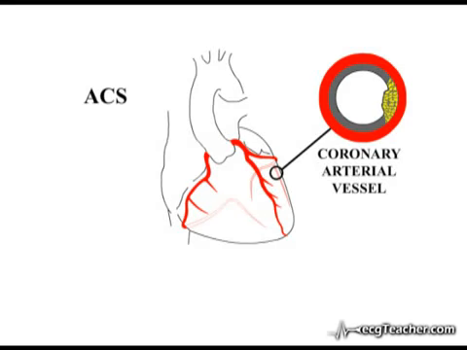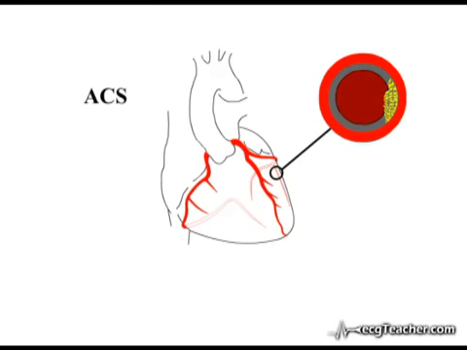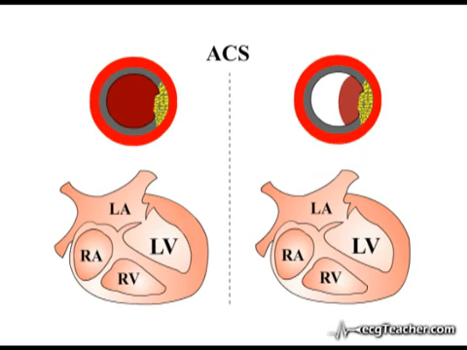Acute rupture of an atherosclerotic plaque in a coronary artery triggers clot formation, resulting in sudden partial or complete occlusion of the vessel lumen. Myocardium supplied by such an occluded artery will become acutely ischemic or necrotic. Pathologically, persistent complete occlusion of a coronary artery may ultimately result in infarction of the entire thickness of the region